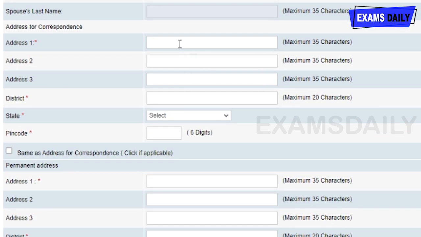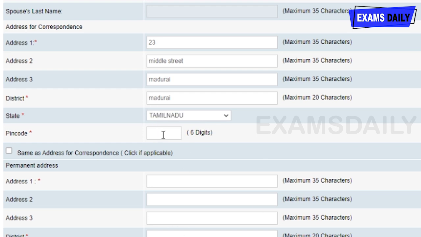And then you want to give your address, so yes, I am giving my address. So just give your address in this section. And then you want to give your district, says I am just giving Madurai. You want to give your district. And then state, says I am belonging to Tamil Nadu, so I am just giving Tamil Nadu.